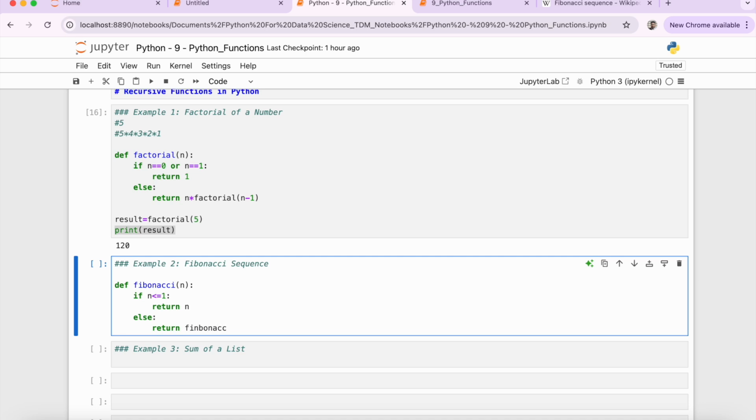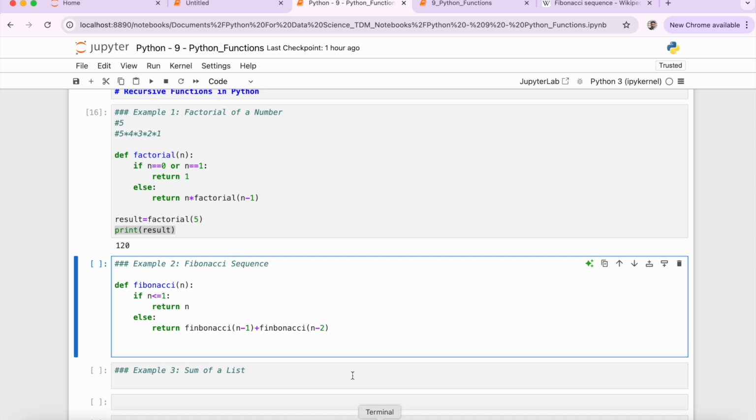Fibonacci function and n minus 1. Let me copy this, plus Fibonacci n minus 2. So earlier I told you, right, in mathematics the Fibonacci sequence is a sequence in which each number is the sum of the two preceding ones, right? So if I take a number and check whether the sum of the two preceding numbers is a Fibonacci number or not, right? So now if I basically call this Fibonacci function